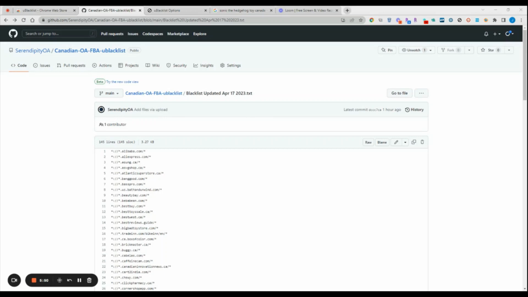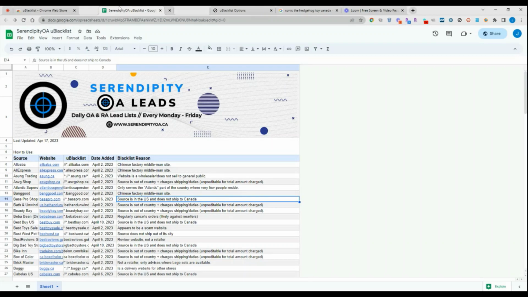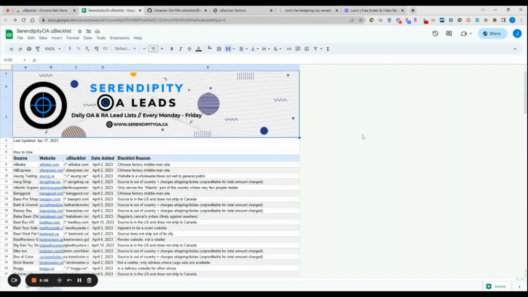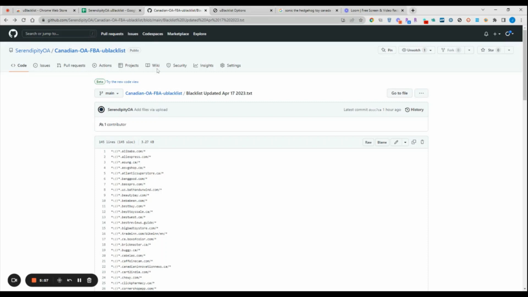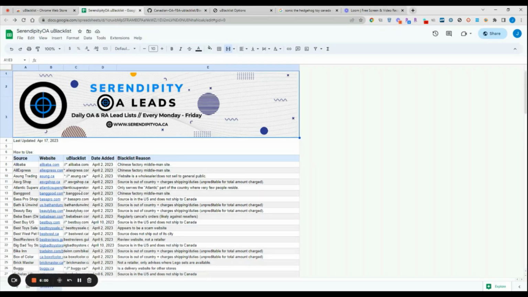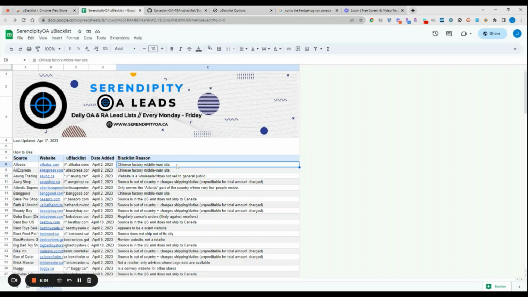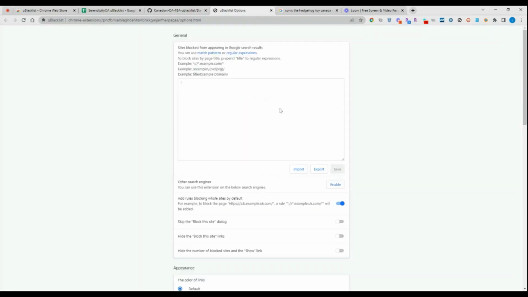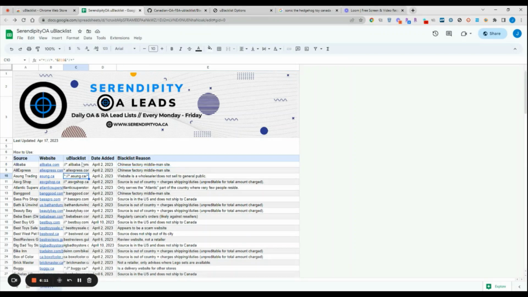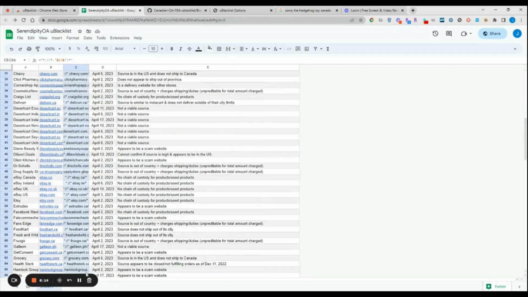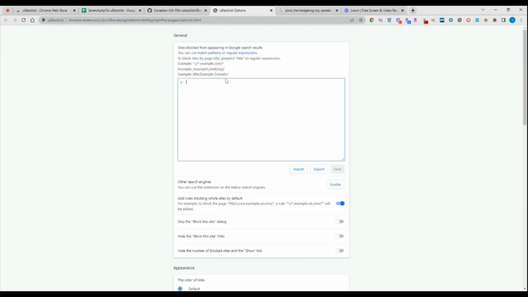One more thing that I'm just going to bring over here is the public spreadsheet that I'm going to share with everybody as well. This is a spreadsheet that displays all these blacklisted websites, and it gives a reason as to why we have blacklisted individual websites. So of course, you can come into uBlacklist, copy all of these uBlacklist expressions here and add them all directly into your own blacklist, and then you can remove individual ones if you would like. If you subscribe to our personal blacklist to update automatically, you just have to keep in mind